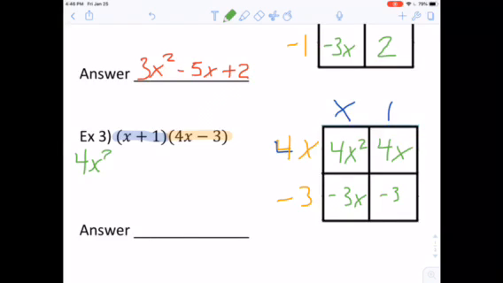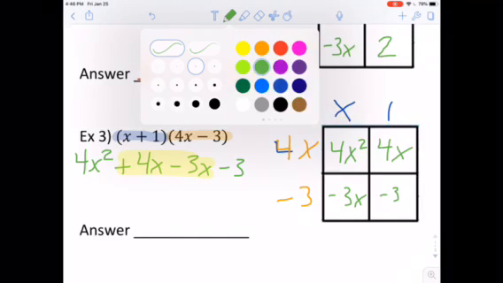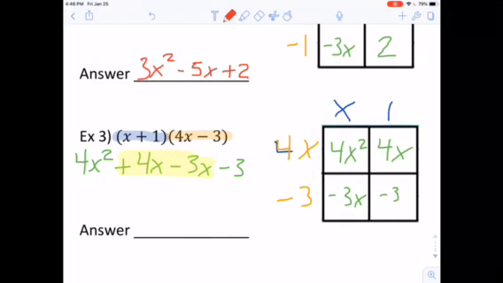4x squared, positive 4x, negative 3x, and negative 3. Once again, I have like terms that I need to combine. And now my simplified expression is going to be